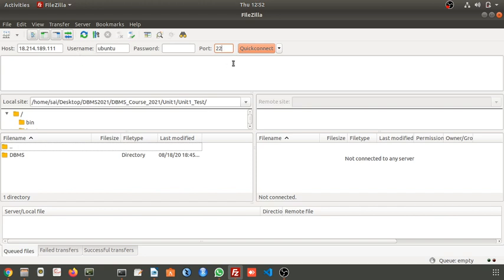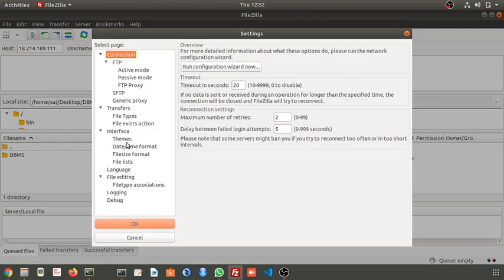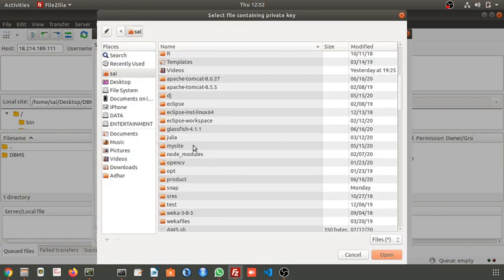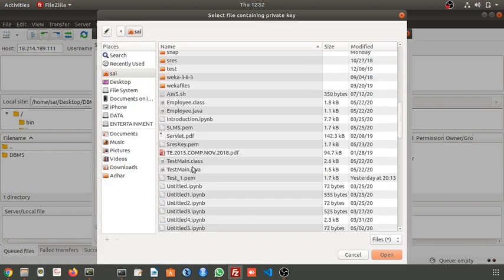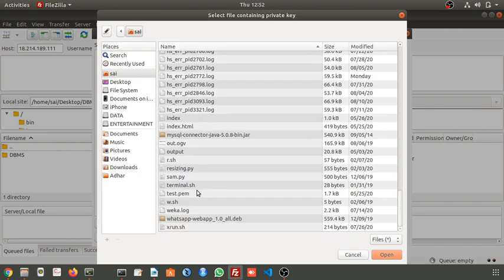Now we have to assign a key for this, that is, you have to attach the PEM file. You can see here in settings, go to SFTP. Some keys are already there, but we need that test_1 key. Add that key here. It is in my home, test_1 I guess.